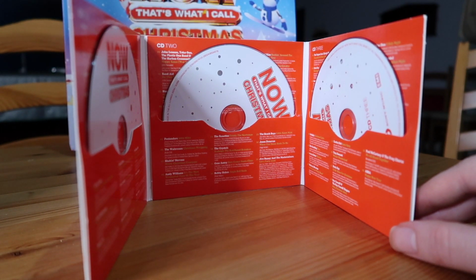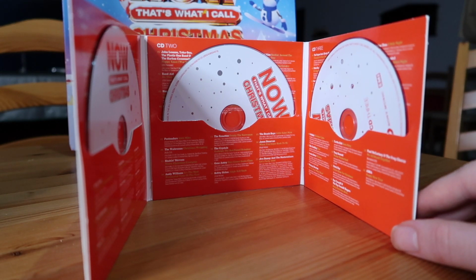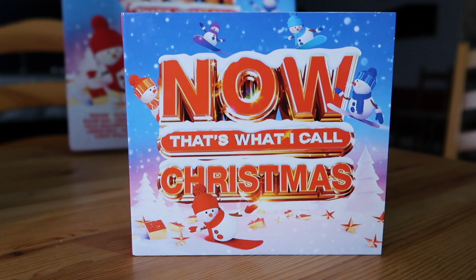A lot of people I've seen complain about this, like it's too thin, it gets creased easily. But hey, I'd rather help the planet, you know what I'm saying? So that is the CD version, 69 tracks there, 69 Christmas hits. Again, not the most we've ever had on a Christmas album, but a very comprehensive selection with a few niche bits and pieces. So I think now we should take a look at its big brother behind it, the vinyl